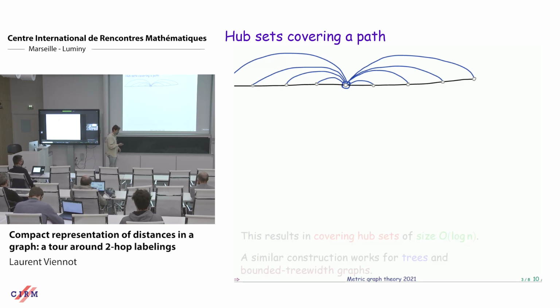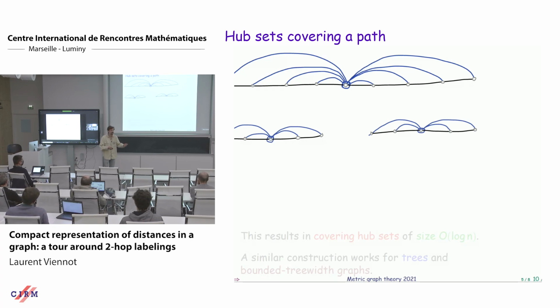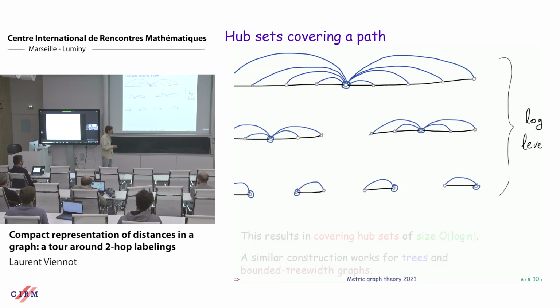Okay, and then you can recurse on each half. You take each half, and you have to cover pairs on the left, and cover pairs on the right. So again, you take a node in the middle, and add this node to all the nodes on the left, or the right node to all the nodes on the right. And you construct recursively upsets for each node, and the size of each upset will be something like log n. So you see it will be quite small.